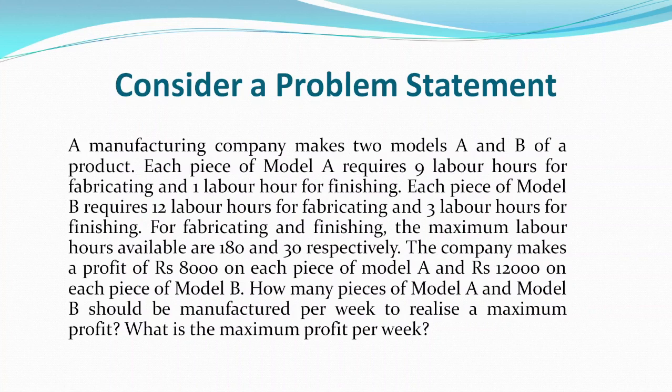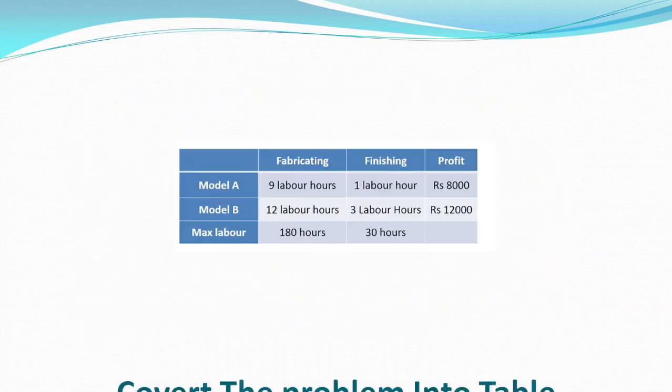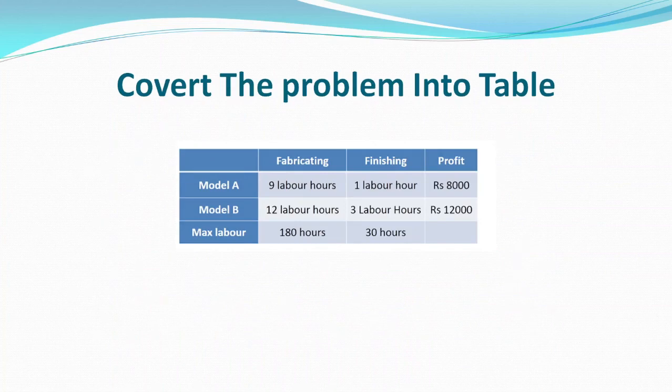The company makes a profit of rupees 8,000 on each piece of model A and rupees 12,000 on each piece of model B. How many pieces of model A and model B should be manufactured per week to realize a maximum profit, and what is the maximum profit per week? Converting the above problem into a table, then we can see that